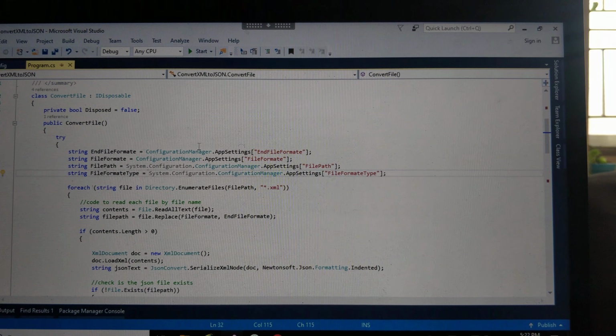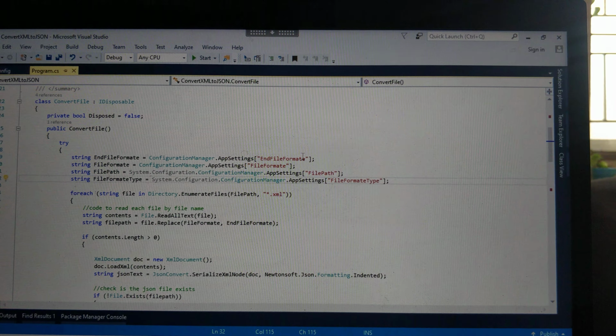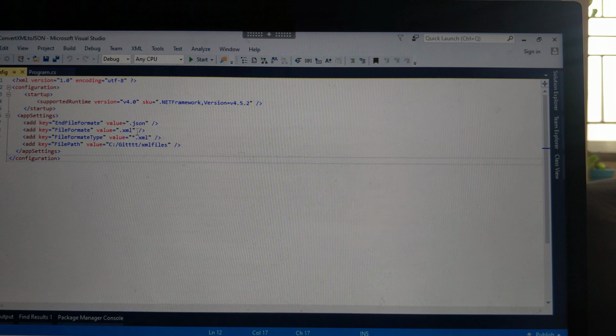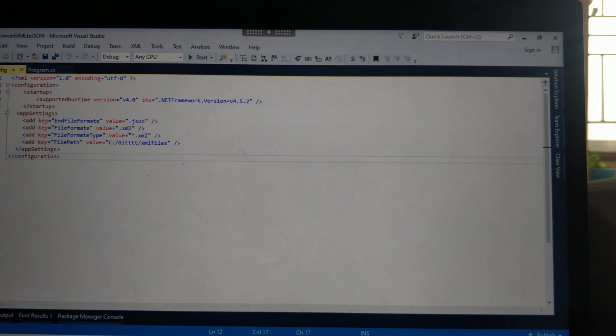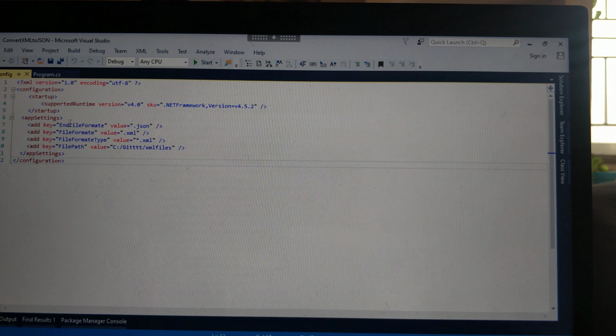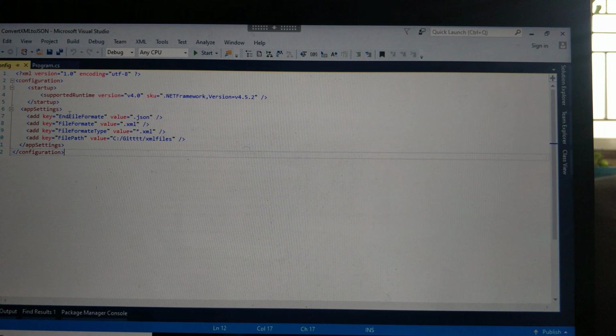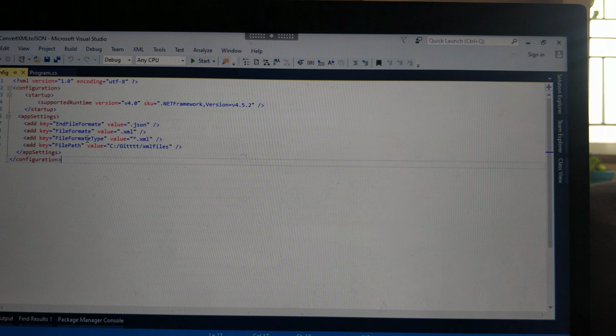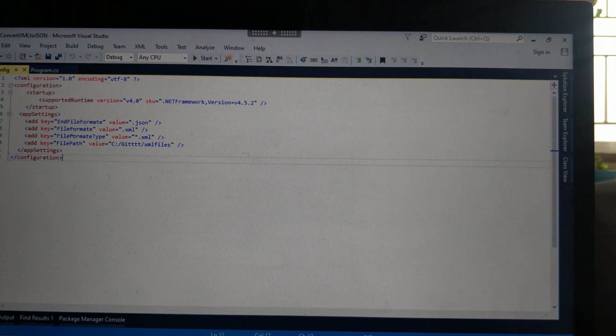from app config. Let me tell you what those are. End file format: the original file format is XML, and end file format means the type to which we need to convert, which is .json.